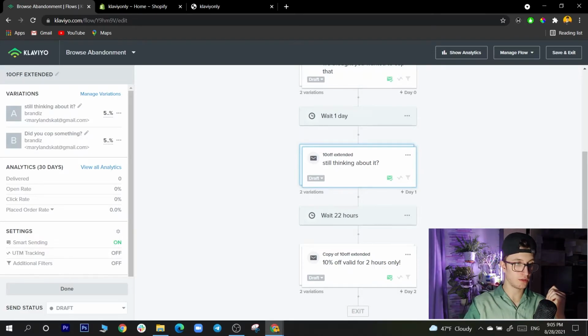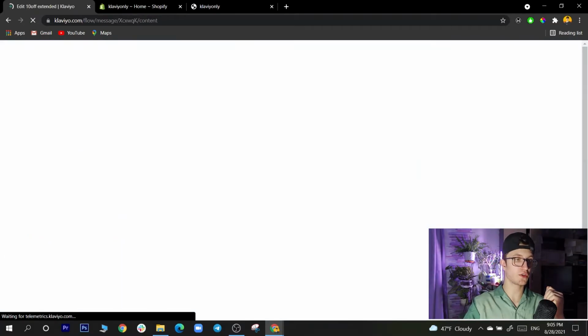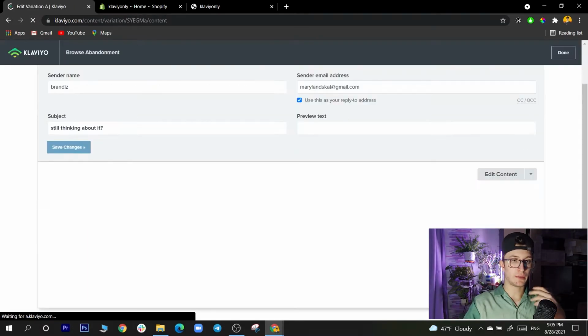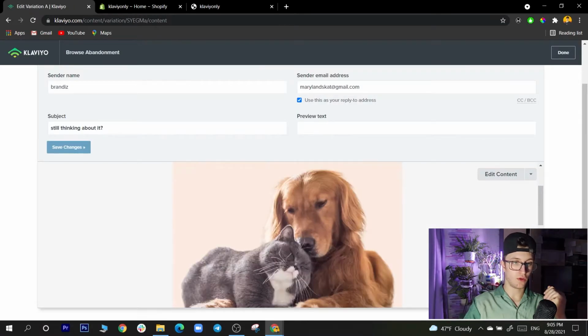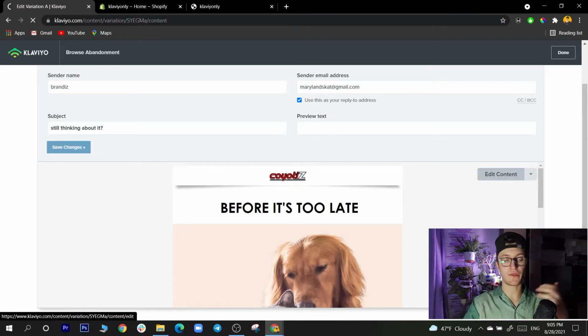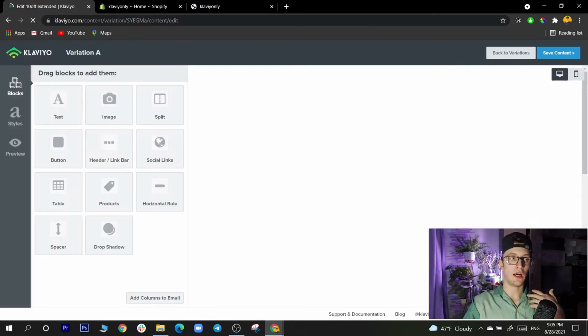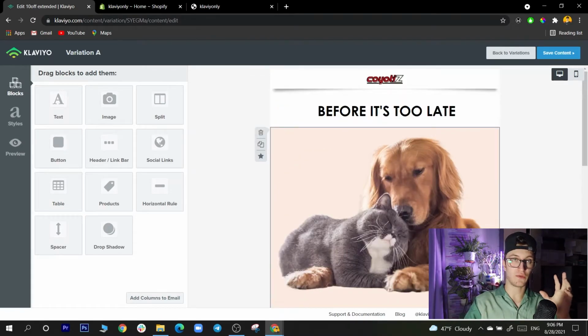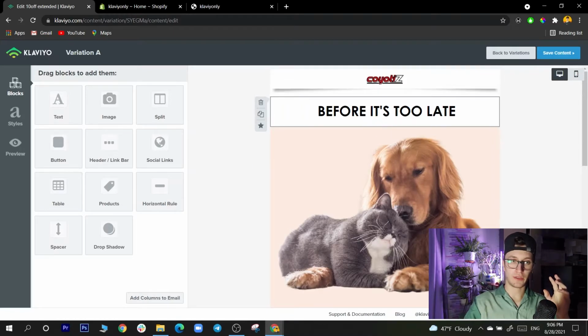And the second email, if I go and edit variations, is gonna be a little bit different. I hit them with something else, right? I gave them the coupon for 24 hours. You remember that, right? So they're gonna redeem it, because that coupon lasts for 24 hours, and you hit them with a little scarcity here before it's too late.